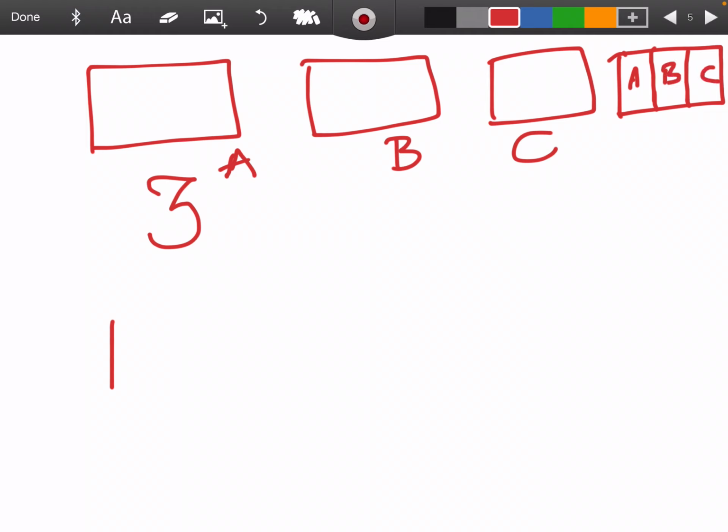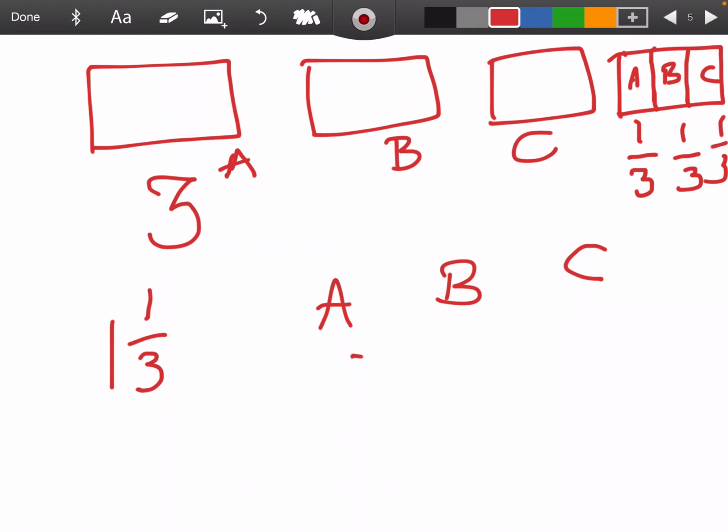And how is each piece written? It is written as 1/3, right? Each part of this candy bar is 1/3. So each kid will get 1/3 of the fourth candy bar. So kid A, kid B, and kid C, all of them get 1/3 of the candy bar. So this is why mixed fractions come into the picture. These are the scenarios in which any quantity is written as a mixed fraction.